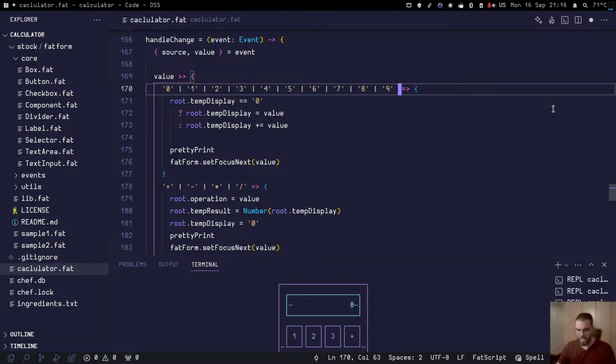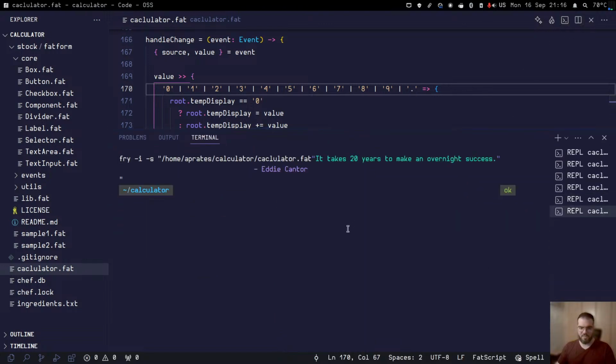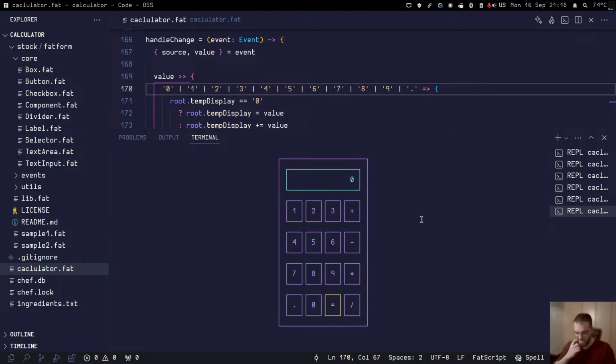So let's just add the dot. So that should work fine, I hope. Let's see what happens with the dot now. 5.5 times 11 equals,